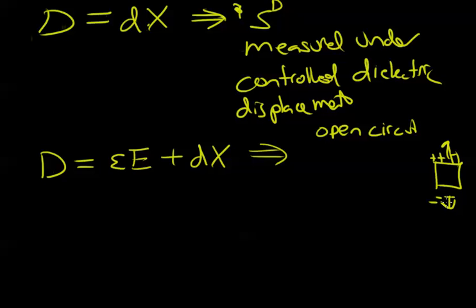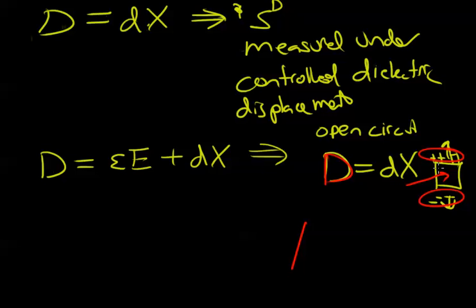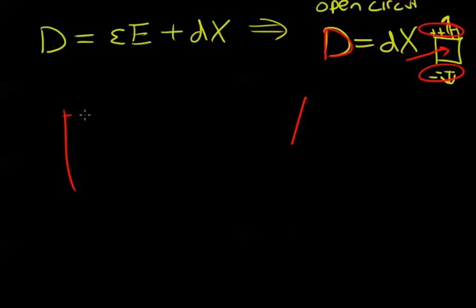I told you that for open circuit we have D equals dX. Well, that's not the entire truth here. This is what we're seeing from an outward perspective when we're considering these charges. But when we are considering inside the material, think about it again. Charges,